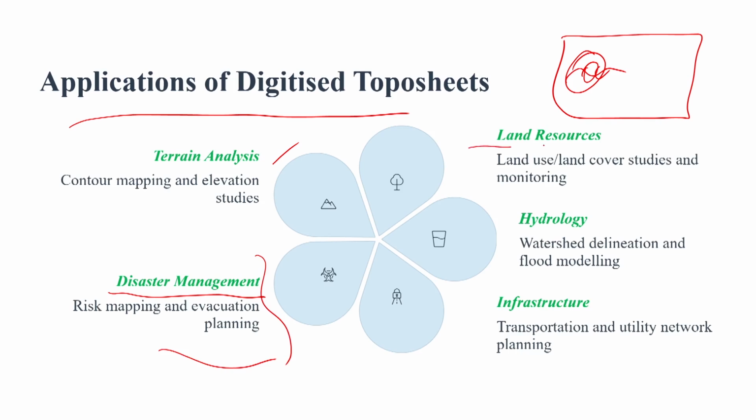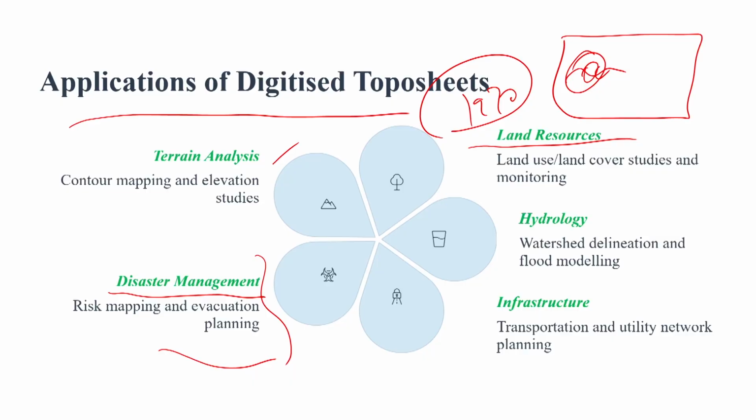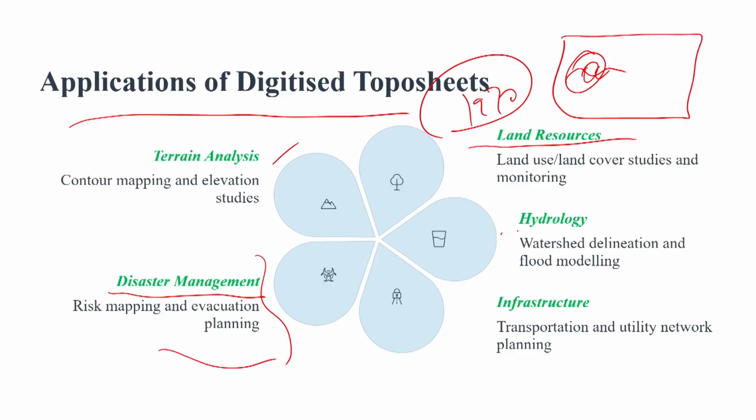Then land resources, land use, land cover. In the 1970 topo sheet, what is the land cover in that area? We cross check presently with satellite images and aerial photos, and see what the difference is between 1970 to 73 and presently, what changes have happened, which land use, and what the conversion of that land use is. Then hydrology: water bodies, what changes have happened presently,